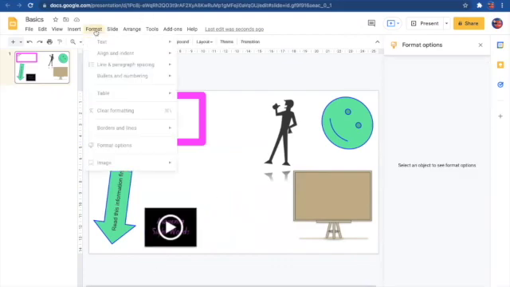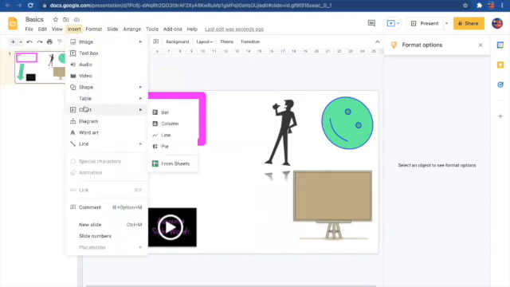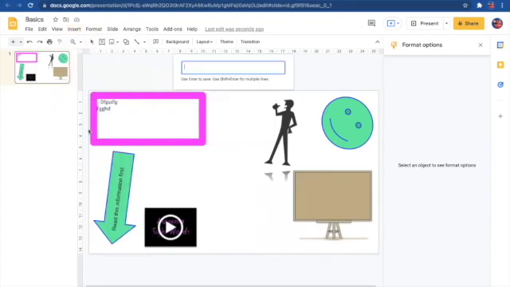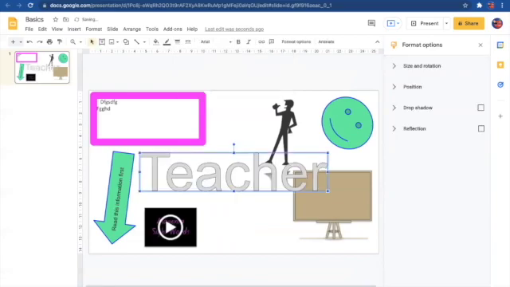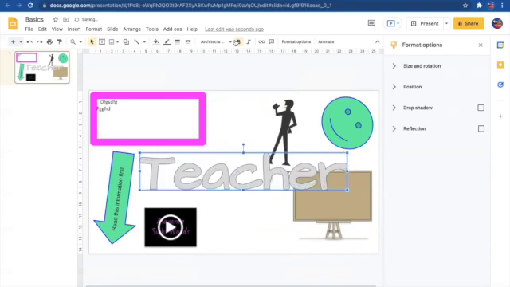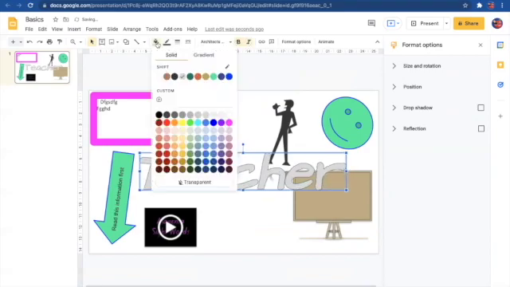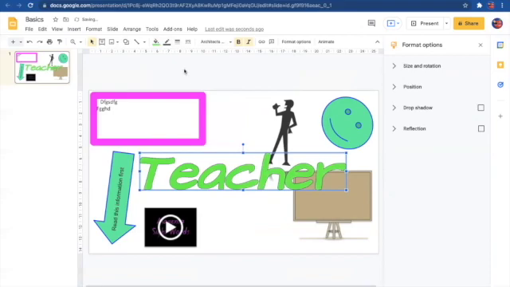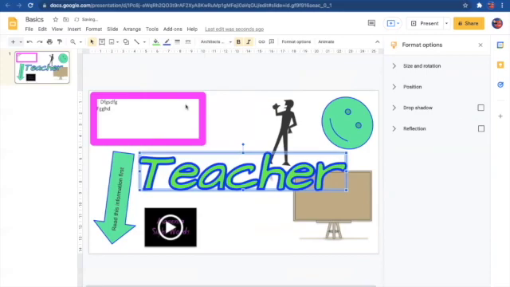Okay, so moving on to what else can be inserted. You can do word art, which in Google Slides is quite limited. So you put in what you want to write and it just puts it up like that. You then change everything the same as you would with normal fonts. So you change your font, you can make it bold or italics. You can change the fill color or you can have no fill color, and you can change the outline. And again, you can change the weight of the outline and you can move it wherever you like on the